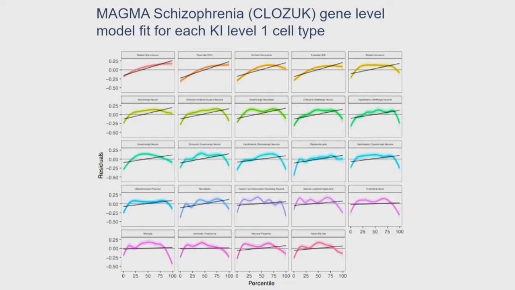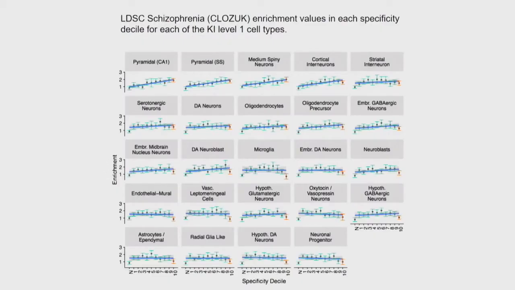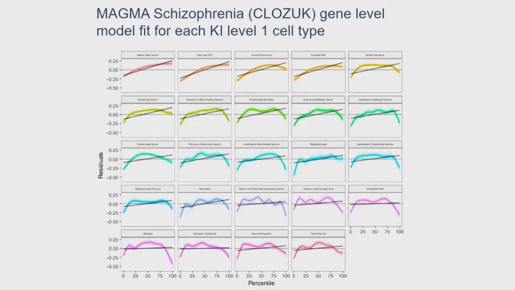And then for LD score regression, I'm going to show you data, and here we analyzed the enrichment in the last decile in red here for each cell type. But for the MAGMA, we fit a line, and then we look at the slope of this line. So it's just two different ways, and it's a way to try to work under different assumptions. And we want to find something that's robust, so we only consider something where both methods agree to be something that could be of potential interest.